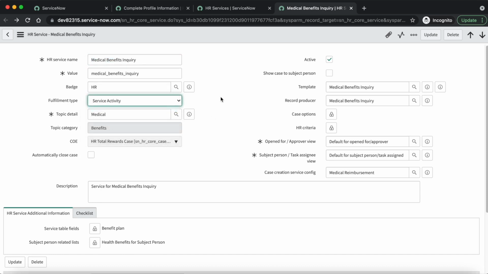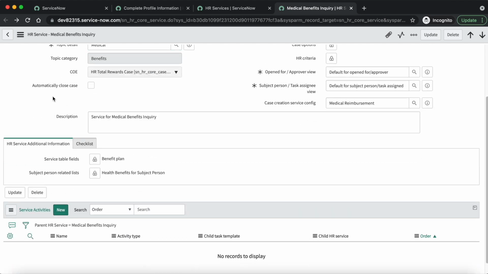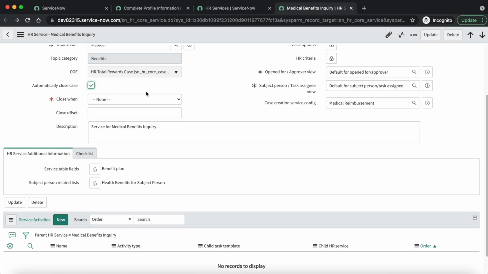Once we select the service activities, one more field becomes available on the form, that is automatically close case. If you check this checkbox, it will automatically close the HR case after all of the to-dos or all of the mandatory to-dos are complete.